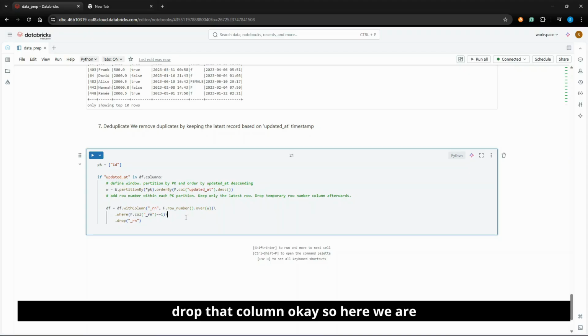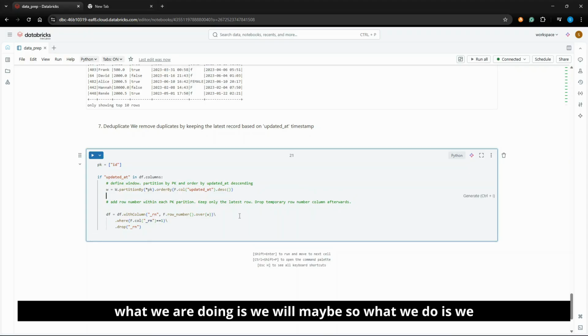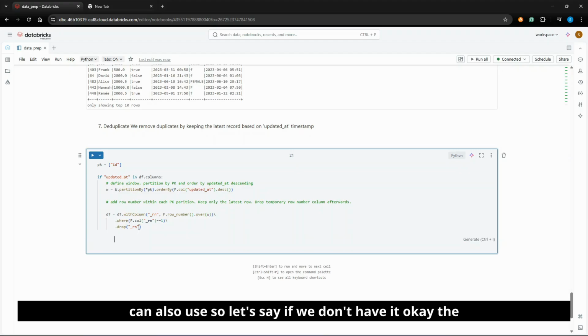Okay, so here we are. What we're doing is we will add a row number for each partition. So that's what we could do. We are doing f.row_number over w, and then we will check where its number is 1, so we'll keep only the latest row, and once we are done, we will actually drop that column because we won't need it again. And then we can also use